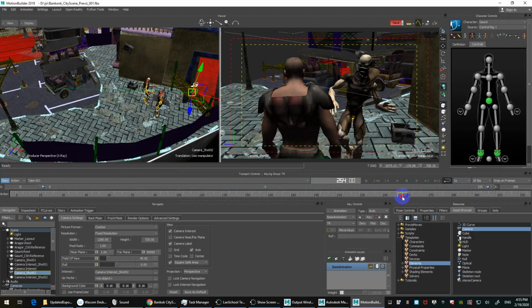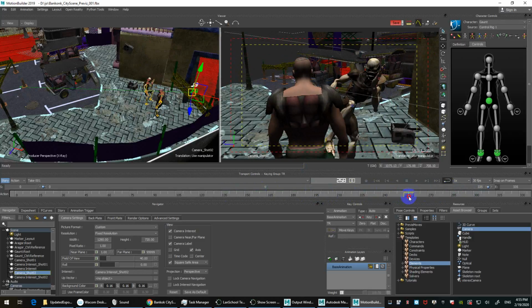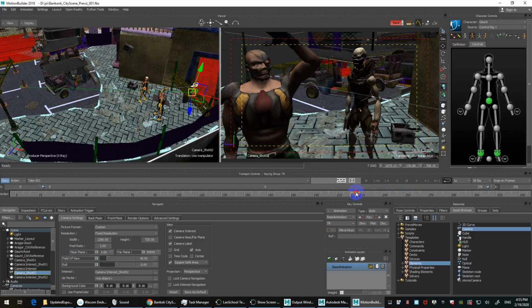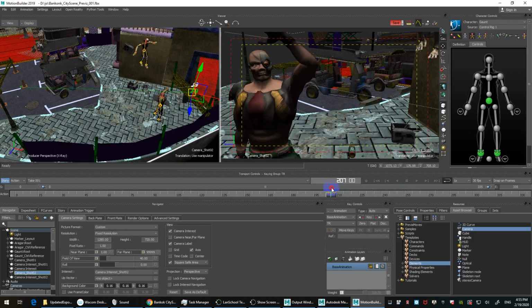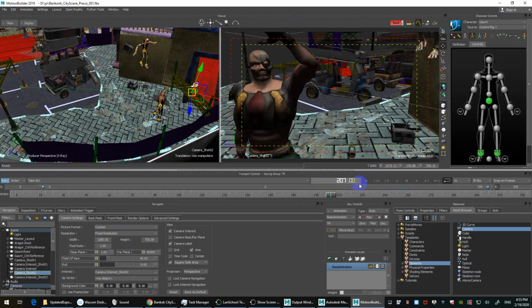So now we have 2 camera cuts. You can go up to 3 or 4. It doesn't matter. But for this exercise today, I think it's enough. So we have camera 1, shot 1, and shot 2. We want to see what the transition looks like from shot 1 to shot 2. Okay? The way to do this is